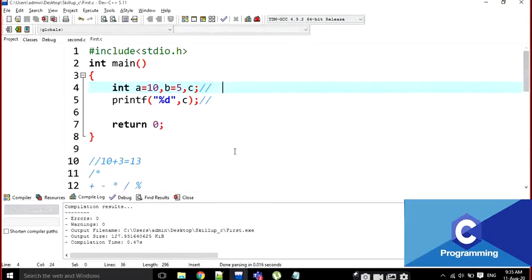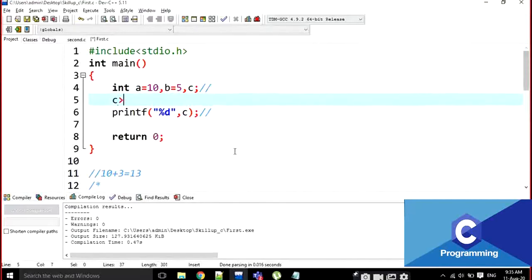That means, for example, here the operation is C equals A is greater than B. Can anyone tell what is the output here? What is the C value? What does C contain now? What is it going to print? Can anyone? What is the output here? What is the value of C? 1, sir. Yes, every time the relational operators return either 1 or 0.